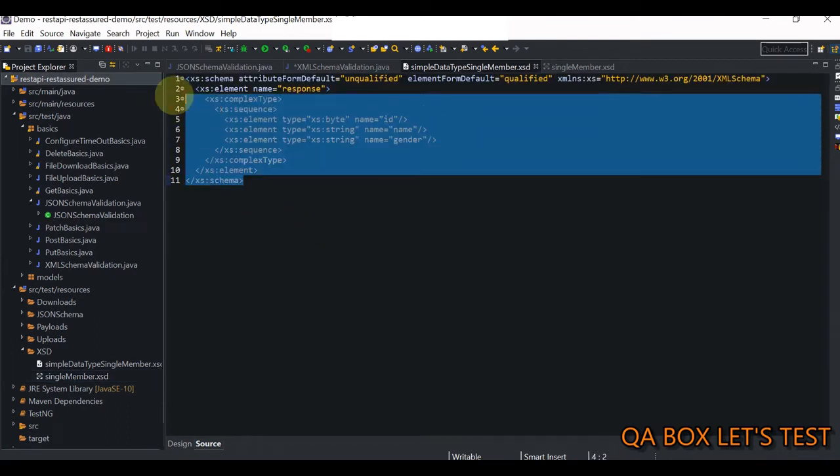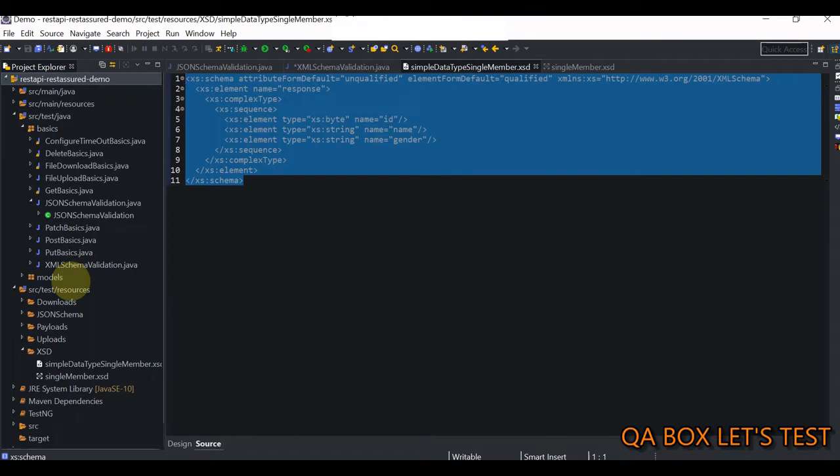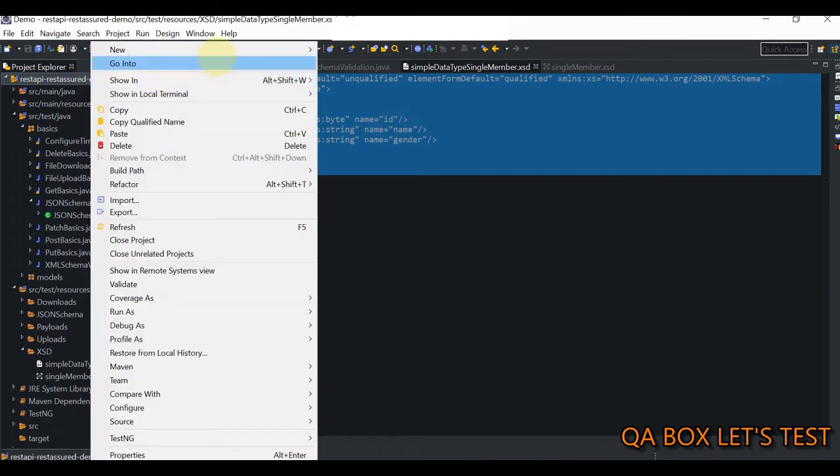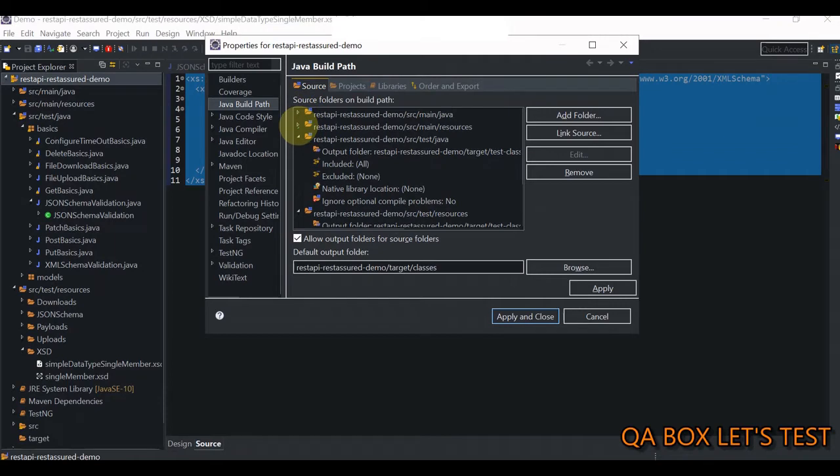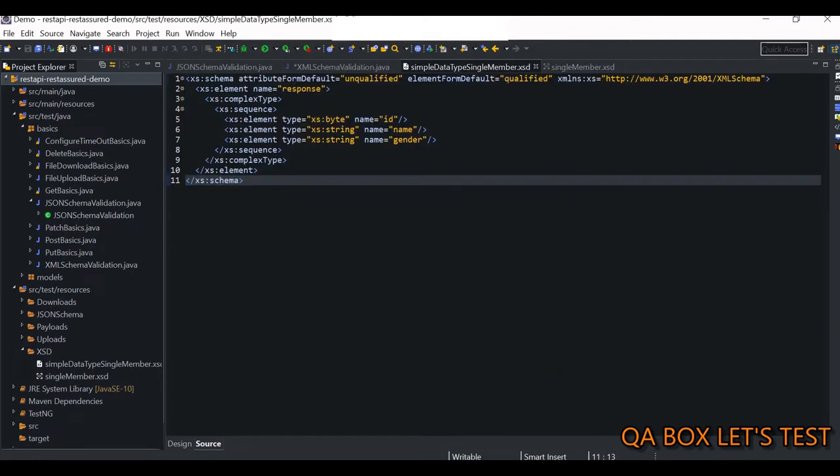Guys, then I said that this particular file has to be placed at the class path. Okay, yeah, but in here you see we have this src/test/resources and XSD folder inside which I've created this file. So how would this file move to the class path? Okay, so for that, just do a right click and go to build path and configure build path. Okay, then click on sources. So in here you see this folder already. Okay, and when you build your project, do you see this target classes? Okay, this is where all your files would be pasted. All right, open this target folder.